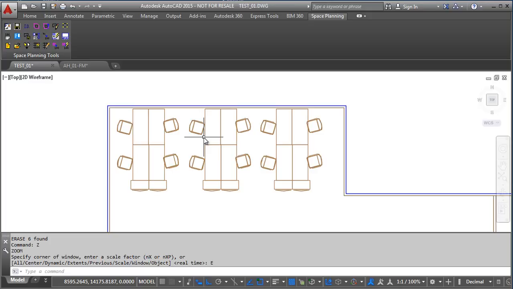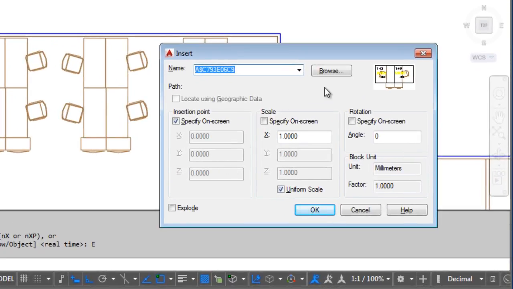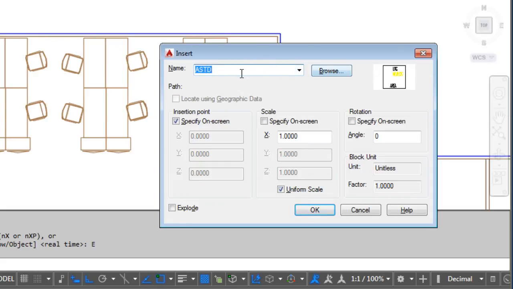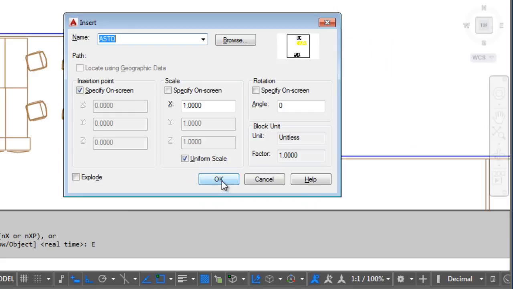So space blocks are basically AutoCAD blocks which are specifically designed for Excitech FM and allow us to track space. So every location or every piece of space that you wish to track as an individual piece outside of the general floor areas requires a space block. Now these can be inserted manually using the standard insert command, and either located, browsed for on the system, or I happen to have one in this drawing already. So the standard space block is called A standard, or ASTD,